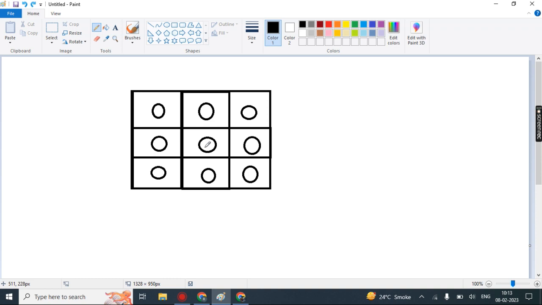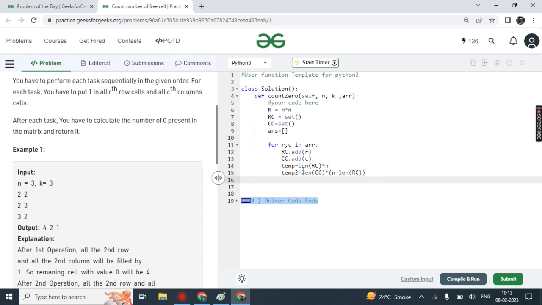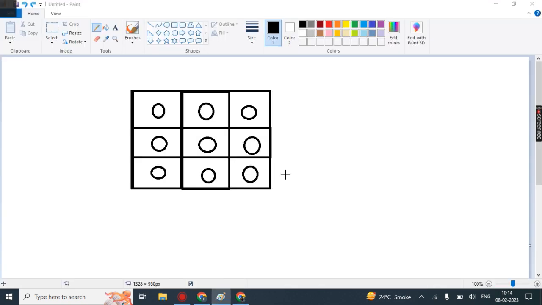So in place of n, we do n minus length of RC. Whatever we already counted into temp, we are not counting into temp 2. So we get temp equal to 3 and temp 2 equal to 2.